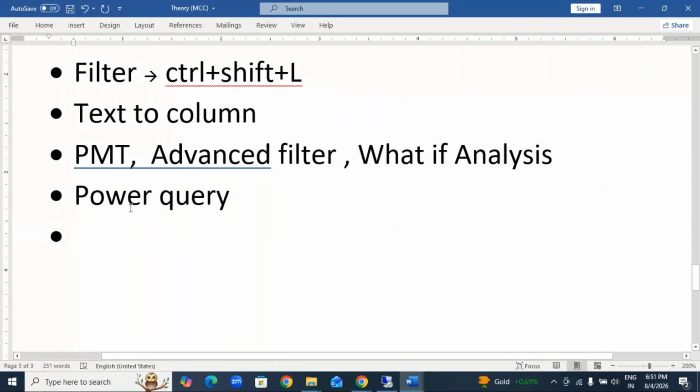Power Query. What does Power Query mean? Whenever we are going to import huge data into MS Excel, if there are null values, empty cells, unwanted spaces, empty rows, or commas, like this, if I have uncleaned data, once you import it into Excel, we can rectify the errors and clean the data within one shot. Why we have to clean the data: when we are going to import the huge data, if there are unwanted columns, unwanted cells, zero values,